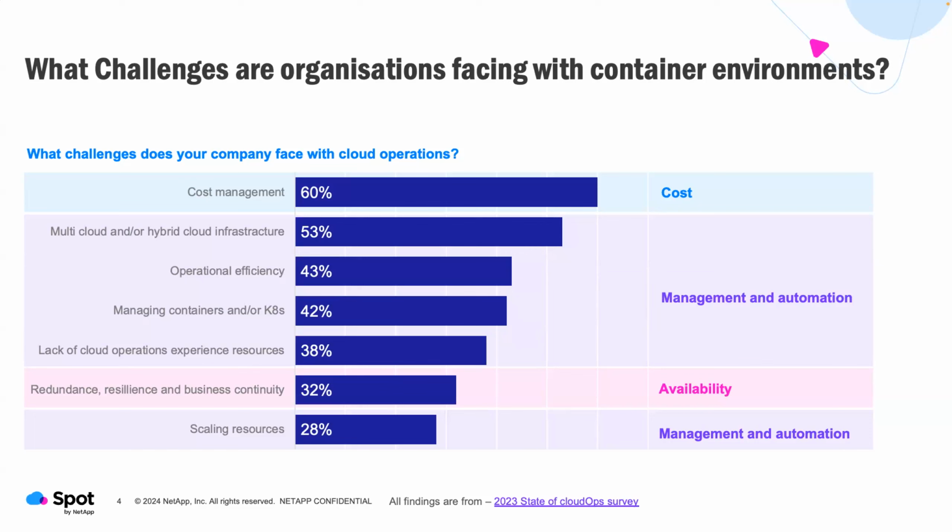The other one that definitely comes up, particularly when we talk about the way that we run containers, is availability. We want to make sure that everything we run in the cloud is up and available, particularly for all of our customer-facing environments, whether external customers or internal customers. We don't like getting the calls. It's been a long time since I've done support, but I think I've still got the trauma from it, where you get the call and they say, my stuff's broken. That's not a fun experience for anybody at all. Any other challenges that anybody else has experienced? I'm happy for you to just yell them at me. These are the ones I encounter with customers, and the ones that our surveys seem to indicate.